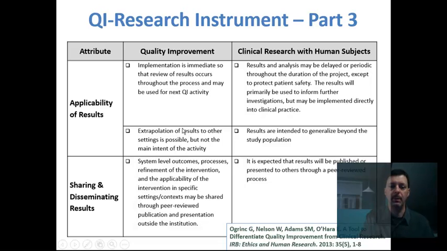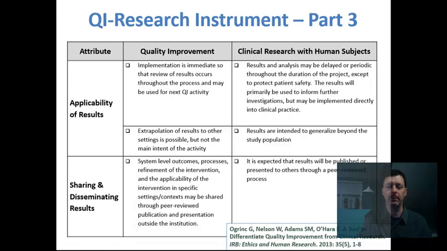And in clinical research, results are often delayed or periodic, and they're often used to perform and inform further investigations. You don't always extrapolate to other settings, but it might occur, and the results in research are certainly intended to generalize beyond the study population,